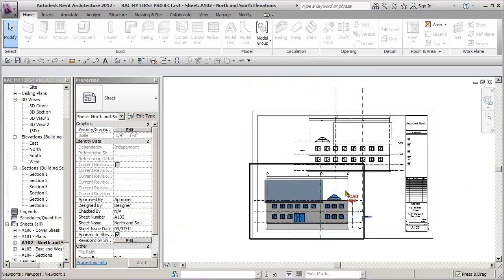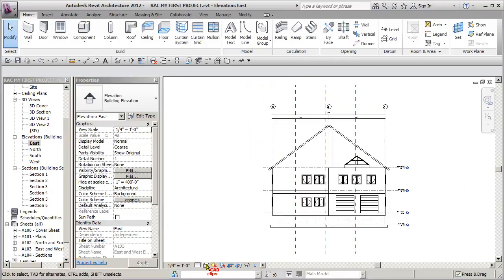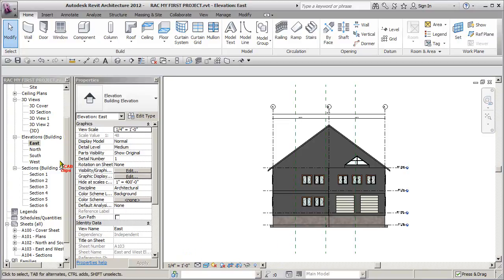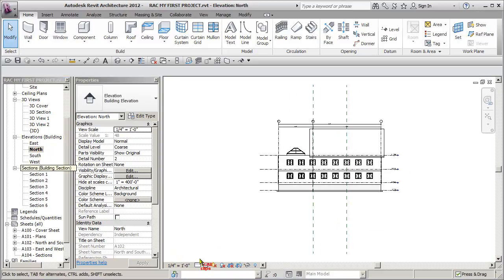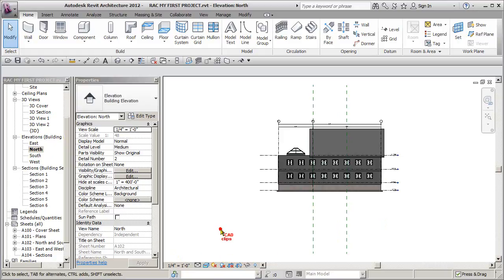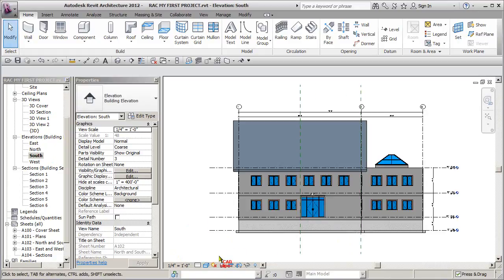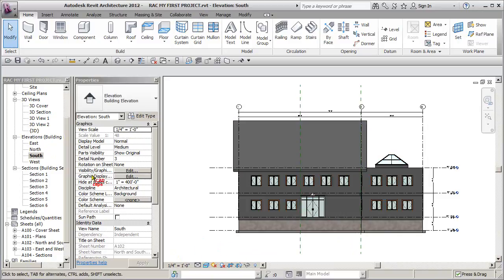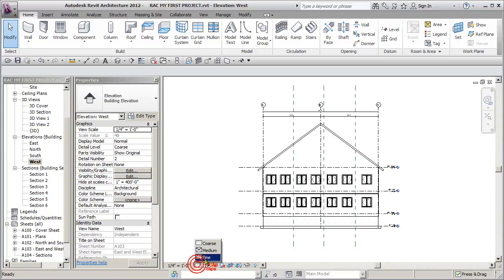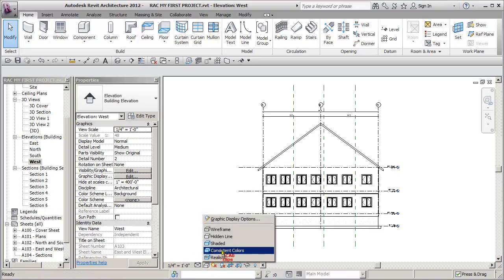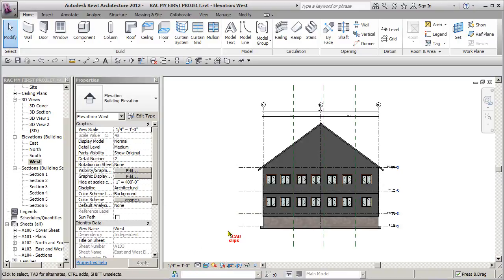I also want them to be consistently shaded. So I'm going to go back to here and set them to be medium detail and realistic. Okay, and then I can go to here and medium detail. Now I should be saving this really in a view template and then apply the view template to the view, which actually would make better sense. Okay, but I'm doing it the long way by going in here. And now if I go back to my sheets,